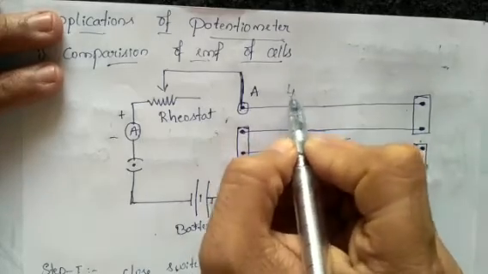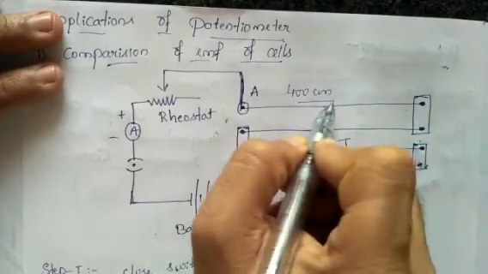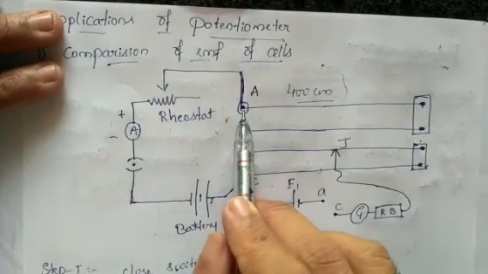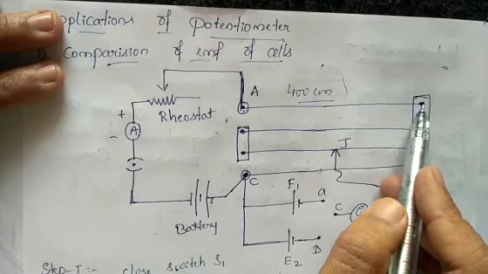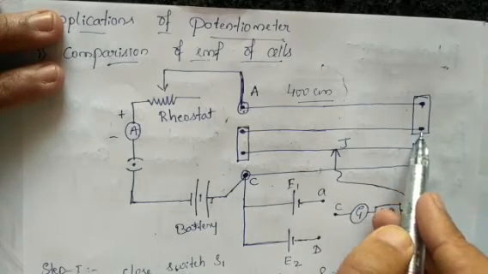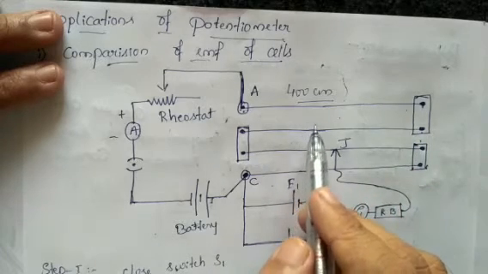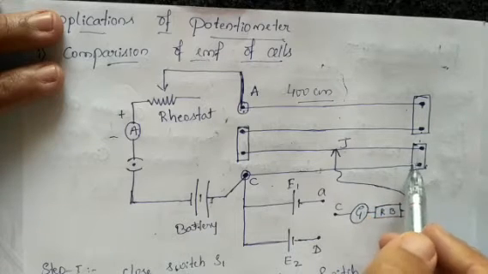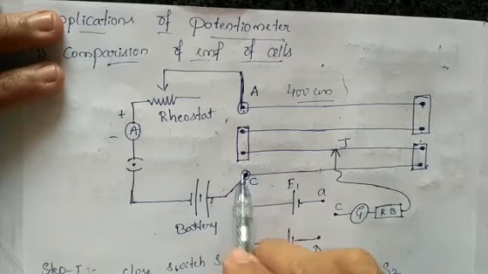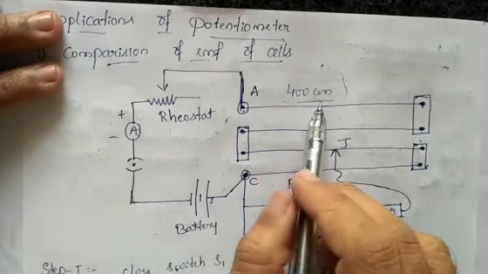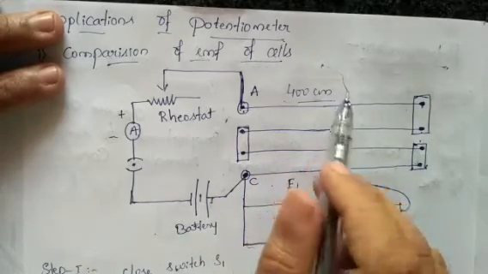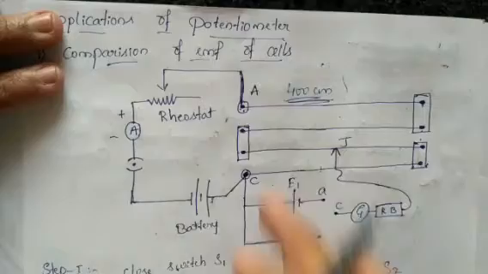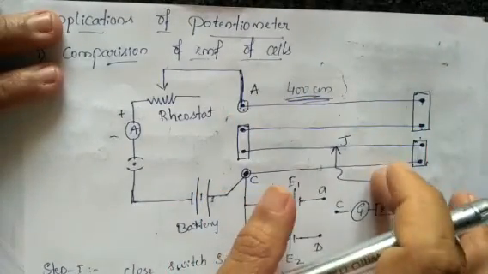The potentiometer has a 400 centimeter wire connected across the edges like this. If I move from point A to here, this is 100 centimeter. From this end to this end, again it will be 200 centimeter. Thereafter from this end to this end, we have 300 centimeter. Thereafter, entirely up to point C, the total length of the wire, either manganin or tungsten, is 400 centimeter. So this is the basic construction of the potentiometer.